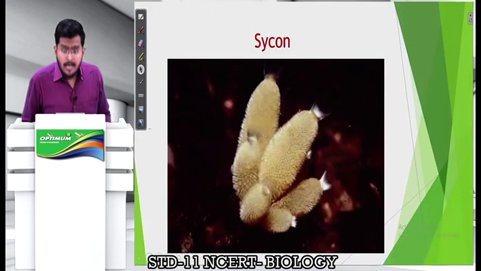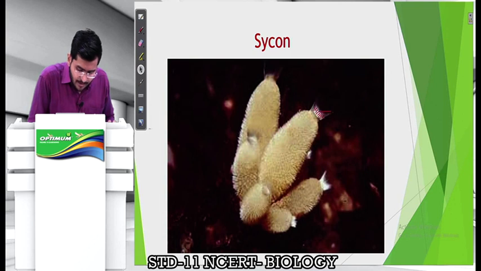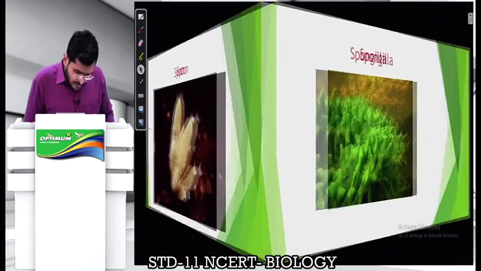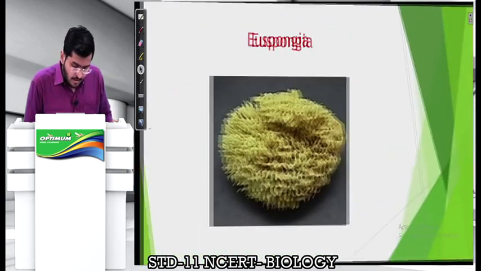This is Scypha. They are seen in very beautiful colors in the ocean. They are cylindrical structures. You can see a lot of cilia-like structures at the top, and this is nothing but the osculum. Okay, so this is the common opening through which excretory products are given out, and throughout the body there are going to be a lot of ostia, right? Then you can see Spongilla, which has green colored tree branch like structures, again found at the base of the ocean, and looks very beautiful.